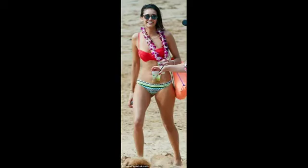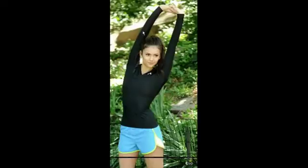Collarbones looking delicate. Can't see the whole face, but she does have a feminine face. Neck looking quite small. Again here, she's got a very small waist. I've noticed that some girls from that region of the world, like Bulgaria, Romania, places like that, they have very defined hourglass figures with wide hips and very narrow waists. In comparison to,